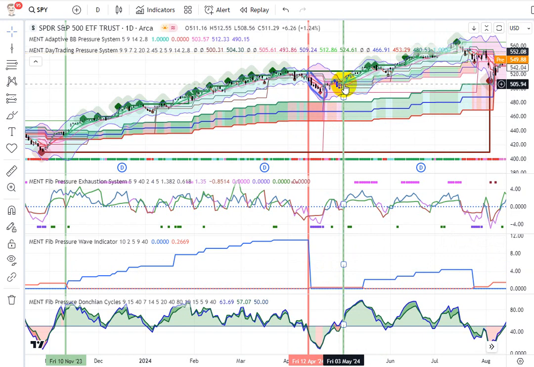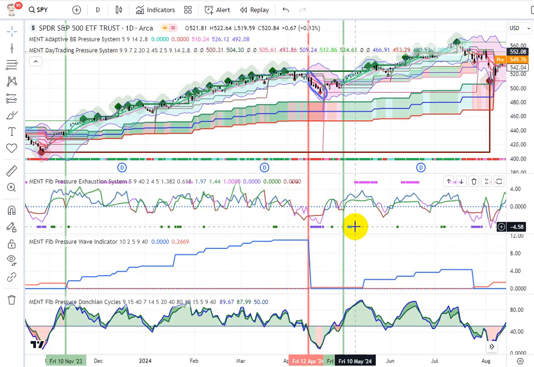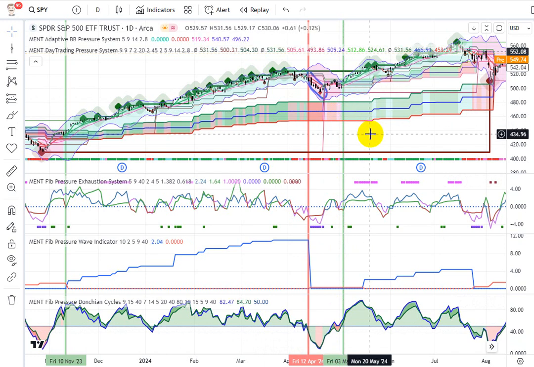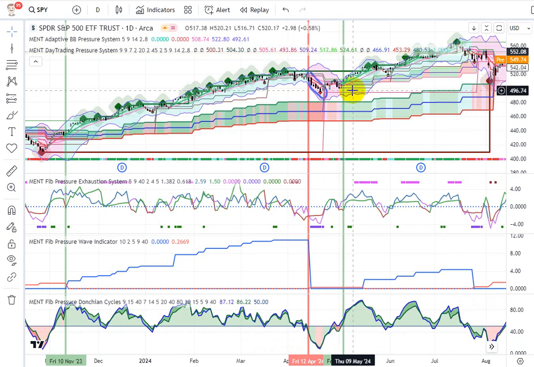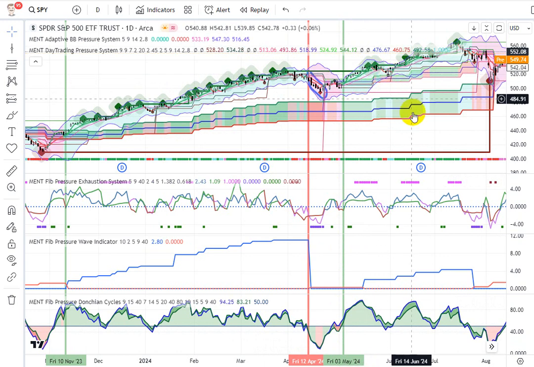We have bullish trending in the Bollinger Band system. We have bullish trending in the pressure system. You can see with the green blocks. We don't have bullish trending here yet. We're still in moderate bearish trending, but we get bullish trending here. So we have 1, 2, 3, 4 bullish trending confirmations. This gives you a decent confirmation that you are now able to start taking long trades until we get 2